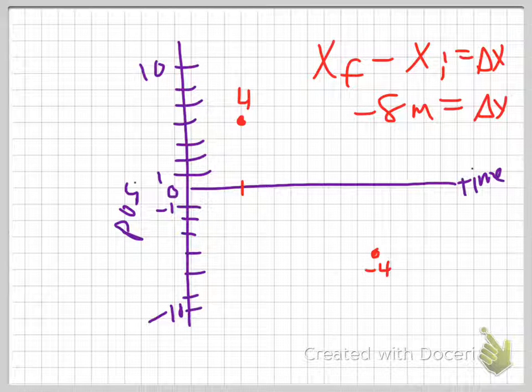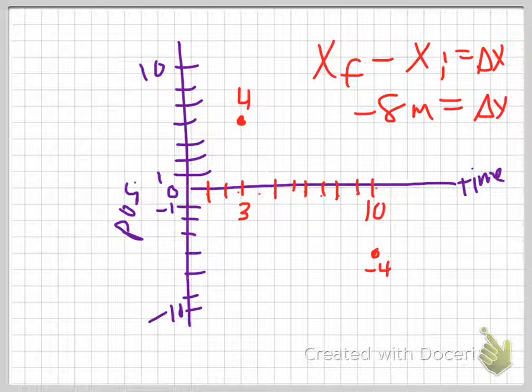So what if we look at the velocity for that? Let's see, 2, 4, 6, 8. Okay. Well, actually, no, I screwed that all up. Oh, well. 1, 2, 3, 4, 5, 6, 7, 8, 9, 10. Oh, perfect. Okay. So from t equals 3 seconds to t equals 10 seconds is how long it took me to do that. So my average velocity for that,